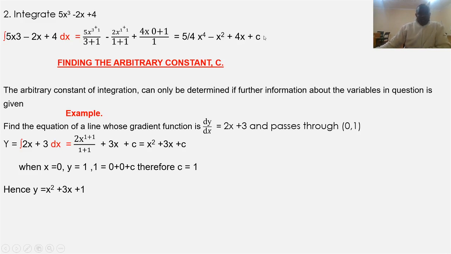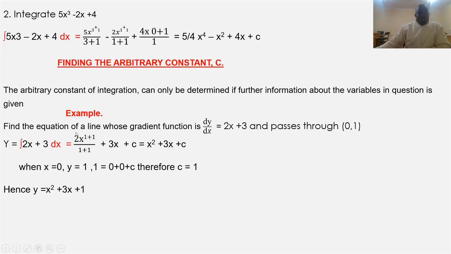The arbitrary constant c. So how do we find the arbitrary constant c? The arbitrary constant of integration can only be determined if further information about the variables in question is given. If you are given some further information about the variables in question, that is the x and y, that is the only time you can find the value of c. If you are not given the values of x and y, there is no information about them, you can never find the value of c. So, example,